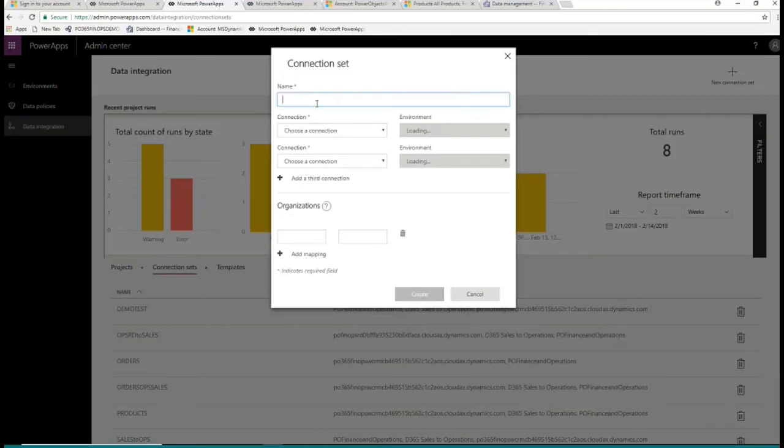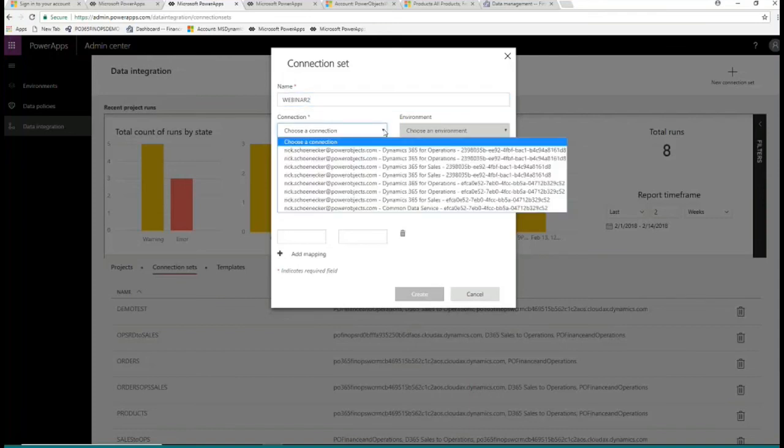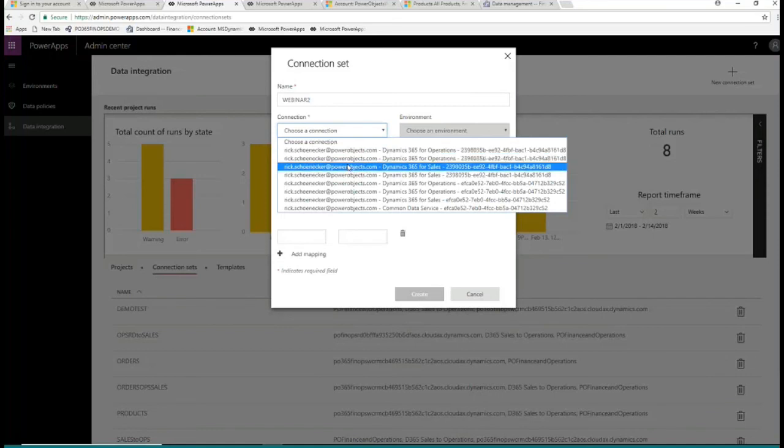I'm going to give it a name. And then I can choose my connections. Now in this drop-down is the list of those connections that we set up a couple of minutes ago. So I can pick, depending on which way the integration is going to go, these are just a bunch of duplicates, but typically you would see your singular set of connections. So I'm going to say that this is going from sales,